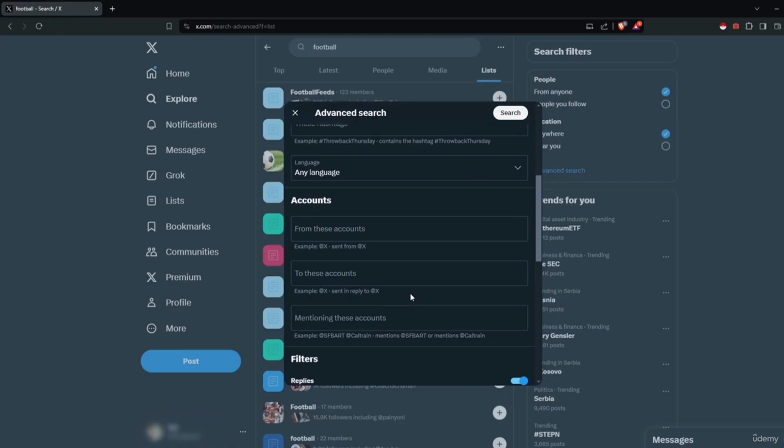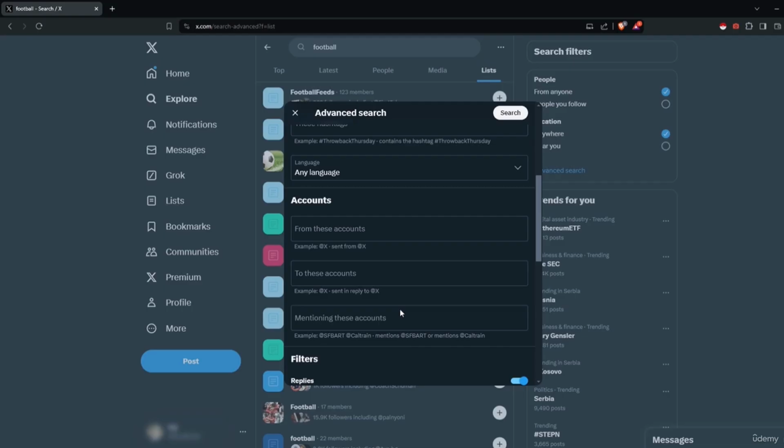After that comes the account section. It comes in handy when analyzing the relations and interactions between two profiles. We can select from what accounts we want to see the tweets in the first one. It could be multiple accounts if, for example, we have a list of profiles that match information about our target, but we are not sure which one is finally the suspect's one. Then we have these accounts. So tweets directed at accounts we specify in this field, but keep in mind these are only the replies. The next one is, however, tweets from people that mention the account we specify.